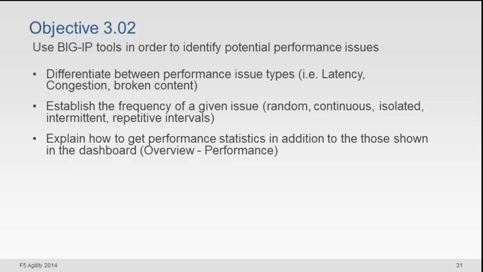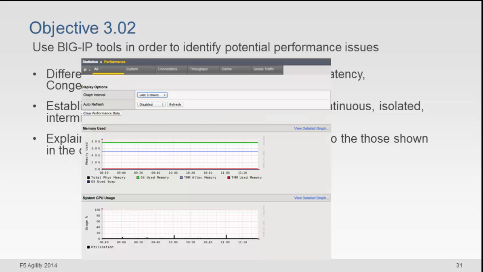Explain how to get performance statistics in addition to those shown on the dashboard. Basically what they're telling you to do is, where else can we see statistics about the performance of the Big IP platform? And where you could go is overview performance. So like I said before in your screenshots, your left-hand menu in 11.1 is overview. You're going to go into the sub-menu of performance or statistics performance, and you're going to be able, if you're on the new versions, to see the Big IP platform as a whole